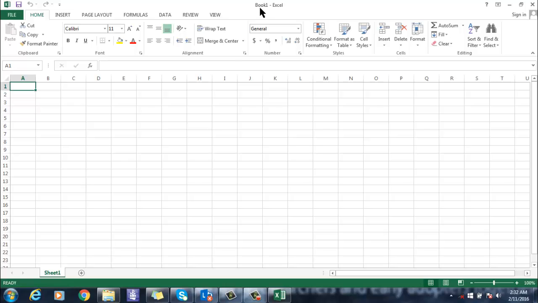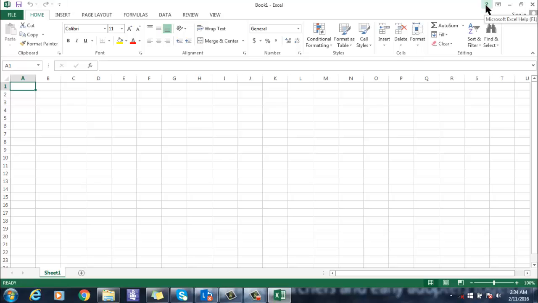In this case, we have a default name, Book 1, on the title bar. It tries to tell us that the default name until we save the document is Book 1. Quick Access Toolbar. The Quick Access Toolbar enables us to collate in a particular location frequently used commands for easier